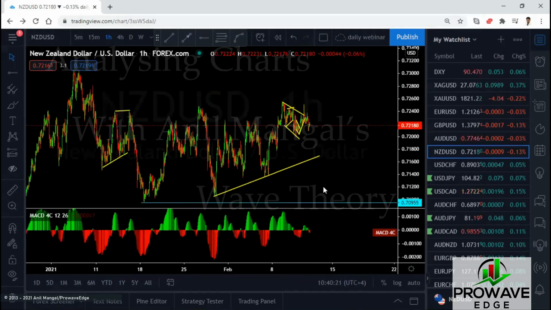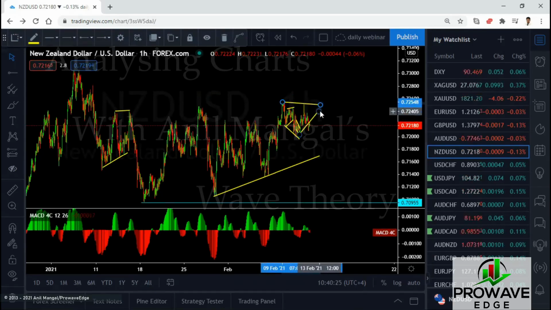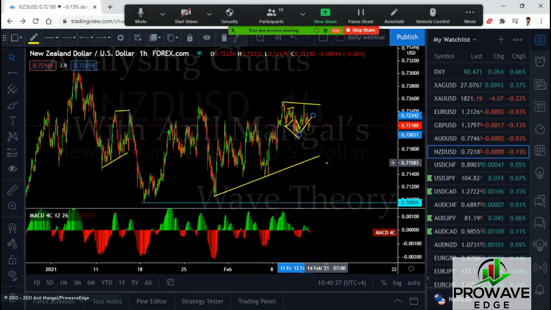Well, it didn't break the top. And if it doesn't break the top, then the probability is it's still in the consolidation. And this one would probably still do something like this and go right back up. So it might come down a little more here, break this low. That's not a sell setup